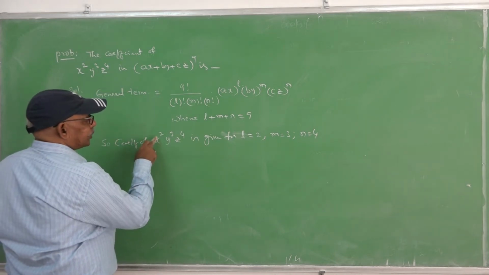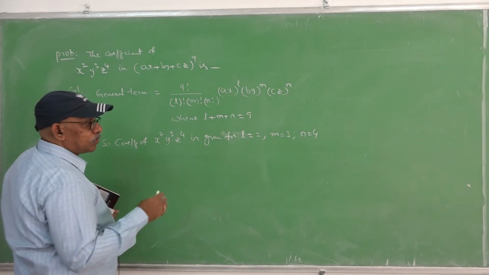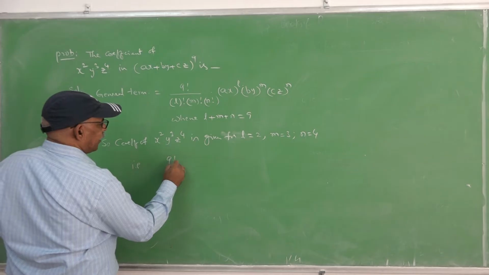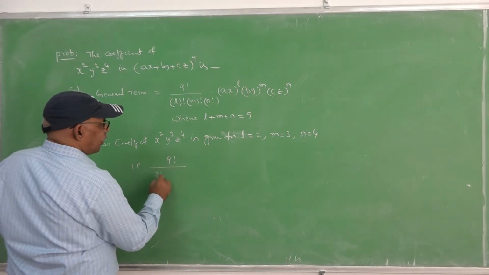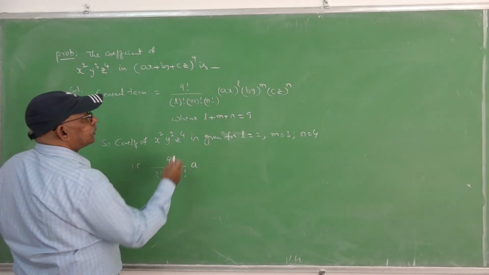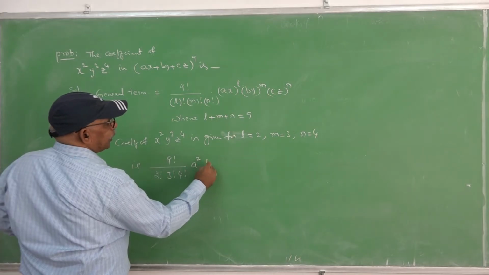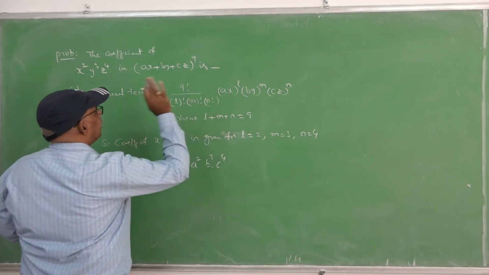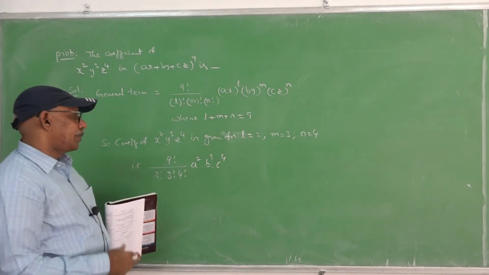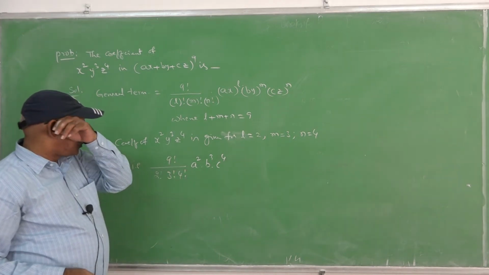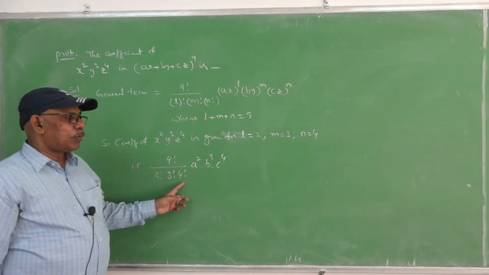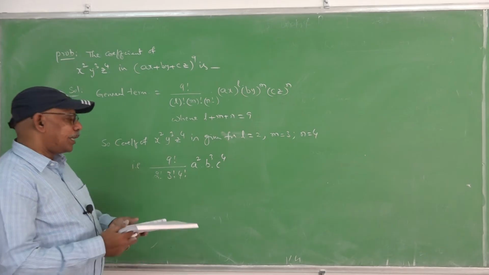So, the coefficient of x square y cube z power 4 is given for l equal to 2, m equal to 3, n equal to 4. That coefficient is given by 9 factorial by 2 factorial, 3 factorial, 4 factorial, a power 2 and b cube c power 4. No need of writing the xyz terms, because we are taking only the coefficient, not the total term. So 9 factorial by 2 factorial, 3 factorial, 4 factorial into a square b cube c power 4 is the required